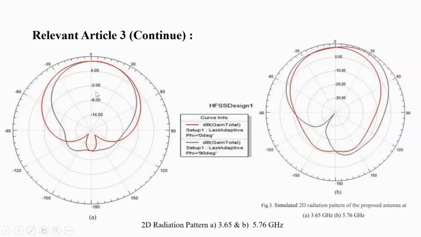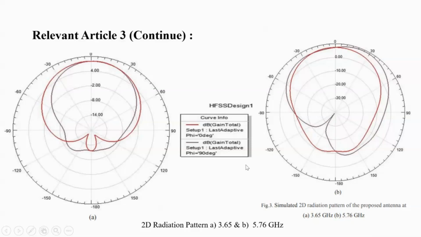Okay, the next parameter for this third article, we will see the 2D radiation pattern. Figure A on the left side is for 3.65 gigahertz and B on the right side is 5.76 gigahertz. So the red line on the left side is for 3.65 gigahertz. Radiation pattern radiates at phi equal to 0 degree, and the purple line radiates at phi equal to 90 degree. So this is the main lobe and the side lobe here. And the right side is for 5.76 gigahertz. The red line radiates at phi equal to 0 degree, and the purple radiates at phi equal to 90 degree. The shapes are different, and the pattern has two main lobes,